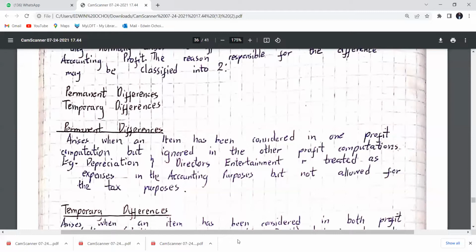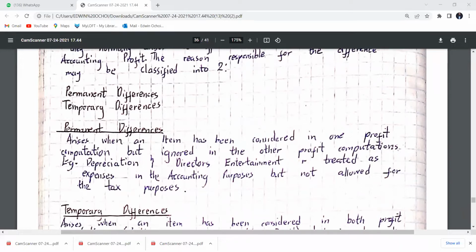So for example, now, when computing for the accounting profit, we have some expenses which are considered to be allowable expenses, the ones which are just deducted to get the net profit. But for the tax purposes, you will find that those expenses